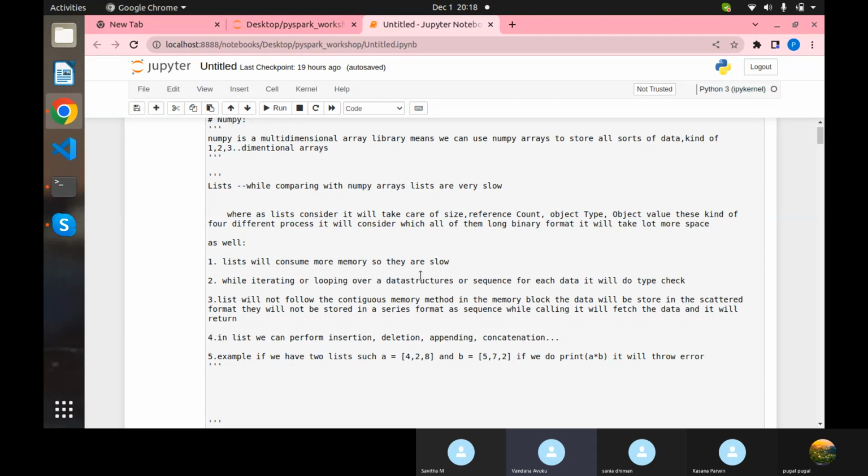Sorry. Like in the data structures, we haven't seen anything called arrays because that is not a built-in data type. Anyway, instead of seeing numpy at the end of the session, if you don't brush it off, you will forget. So in the heat of whatever data structures we have seen, the same way if we see numpy, it will be helpful. Of course, I think it is out of syllabus, but